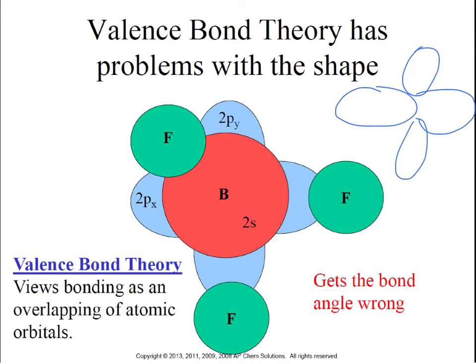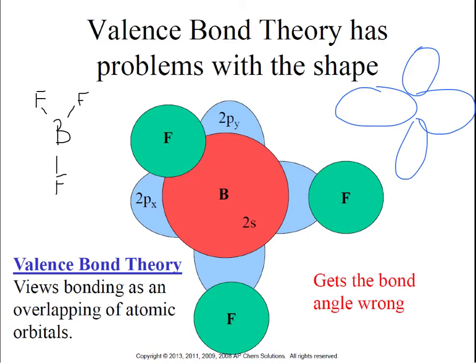So then there's 3 fluorines. Remember this fluorine right here? That's the one that's sharing the electron in the 2s shell. And that fluorine is sharing in the 2py, and that one's sharing in the 2px. So that just goes back to the last slide where those 3 fluorines were sharing. Here they are sharing. However,